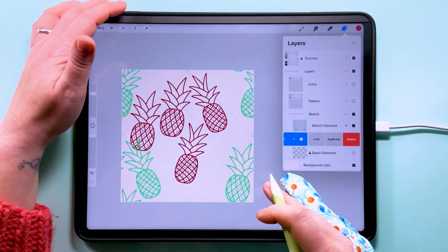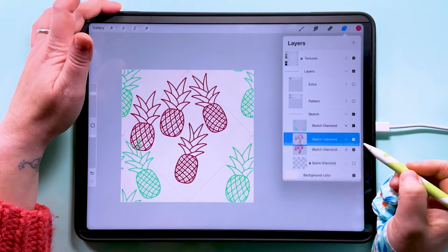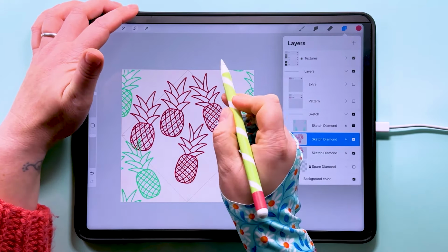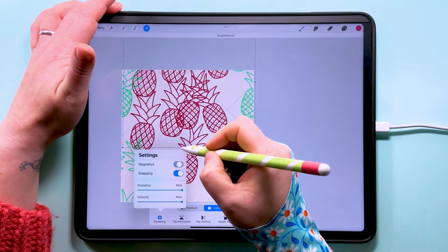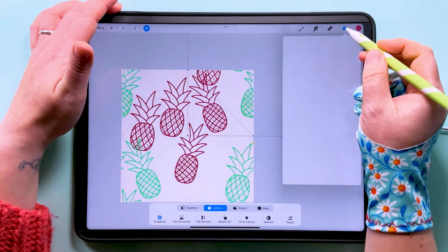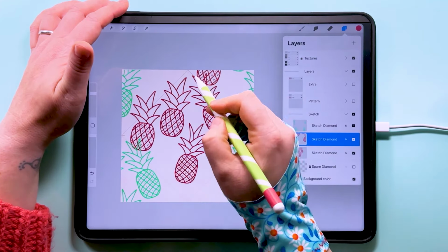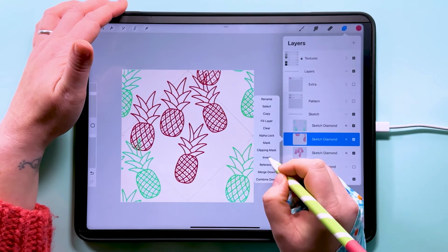I'm going to do something slightly different to what I normally do. I normally would do all 4 corners all in one go, but because it's literally just this one here I want to move and put that one up there to do it, I'm just going to, with snapping and magnetics on, just do this one. So now I can see where that comes down onto here, and then I can move this one down. Let's tap invert on that,